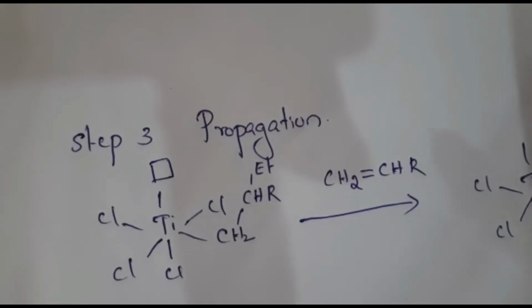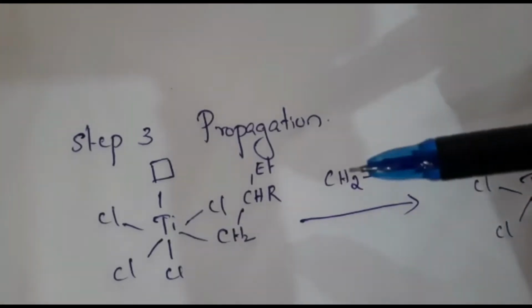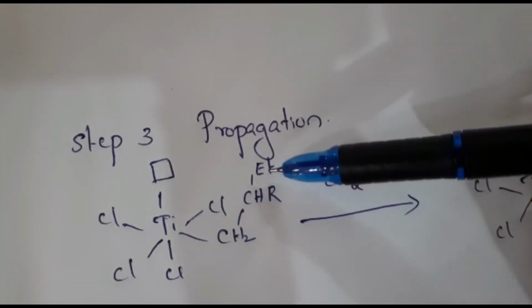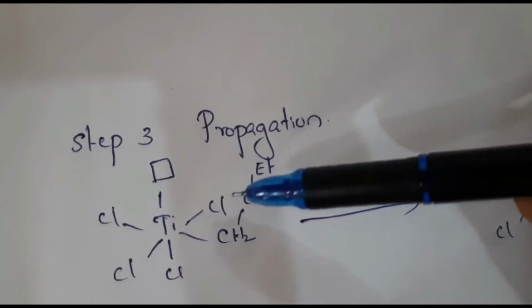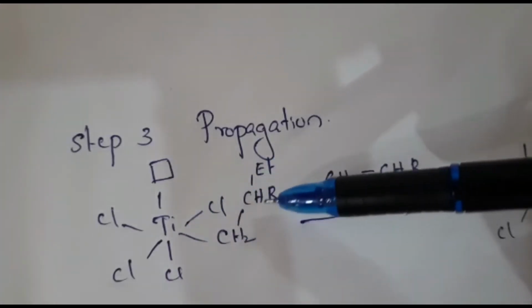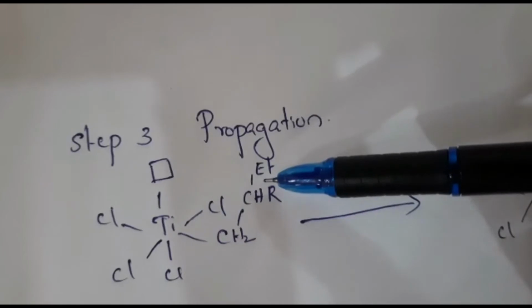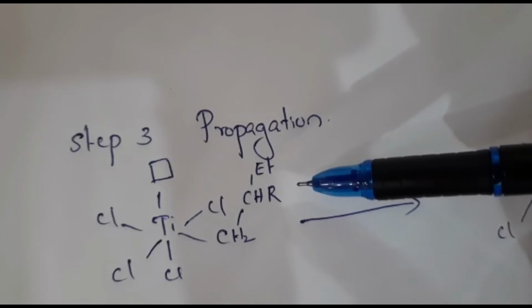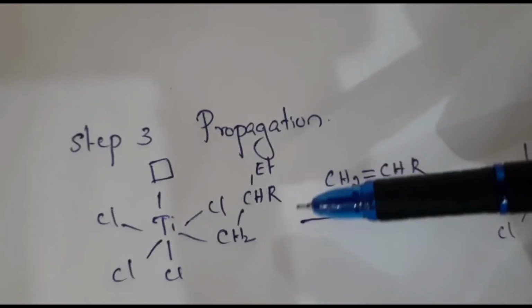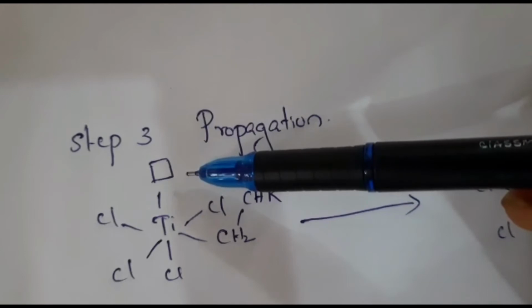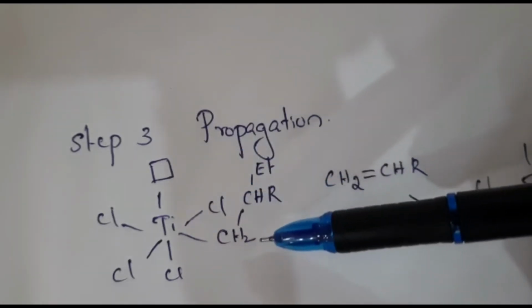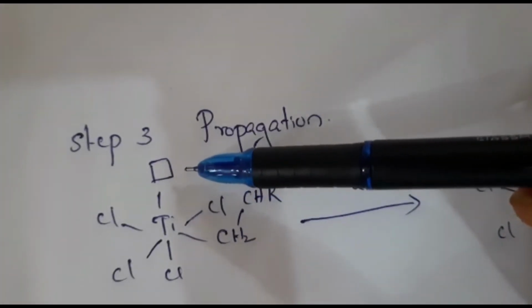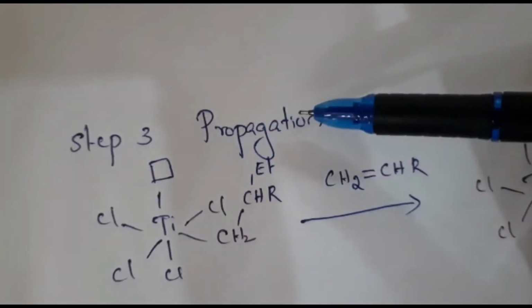So in the initiation step, a carbon shift reaction occurs and the ethylene migrates and is inserted between titanium and the carbon atom in the Ti-ET bond. Because earlier it was only Ti-ET, this alkyl group is inserted between Ti and ET. This process extends the carbon chain from 2 to 4 atoms, leaving a vacant site on titanium. So the carbon number extends from 2 to 4 and it creates a vacant site on the titanium atom. So step 3 is the propagation step.